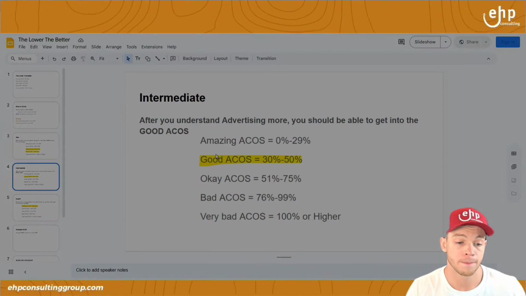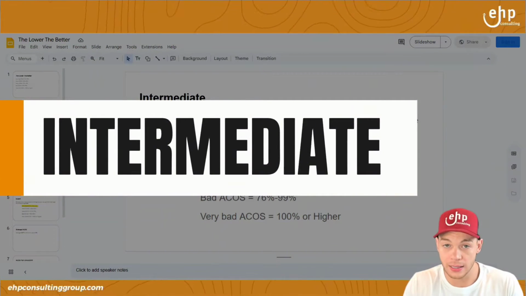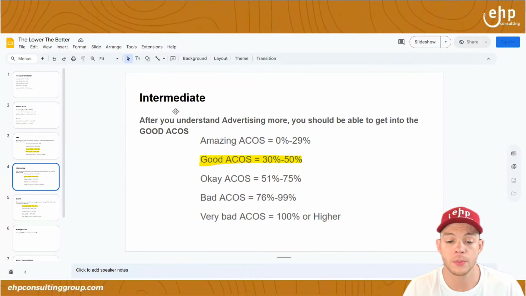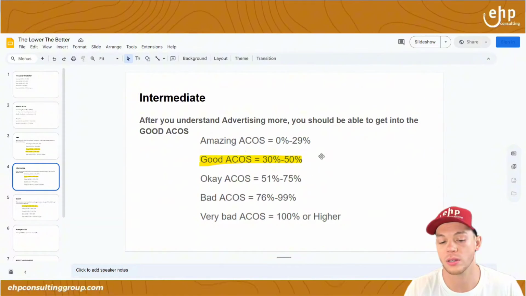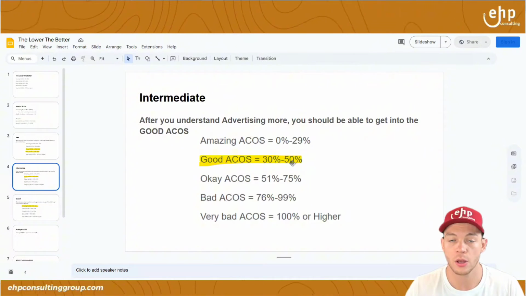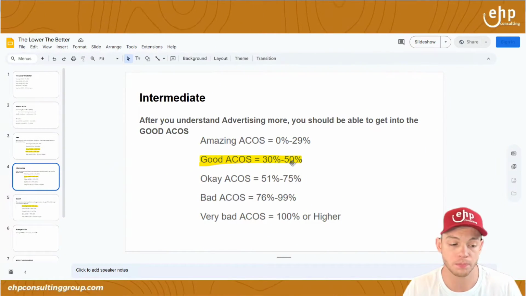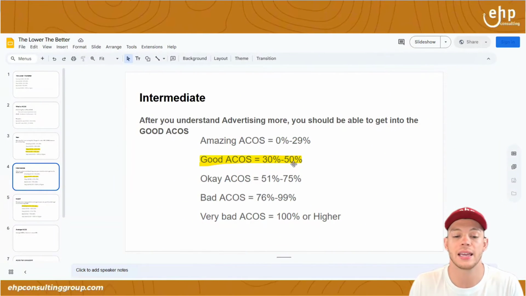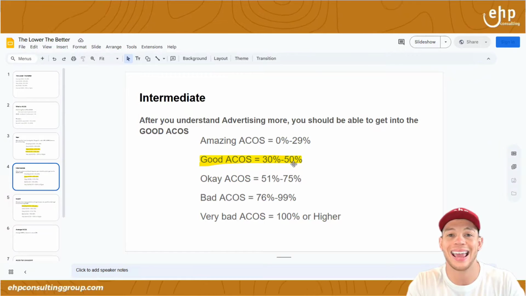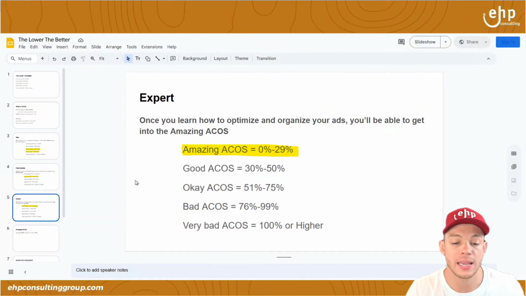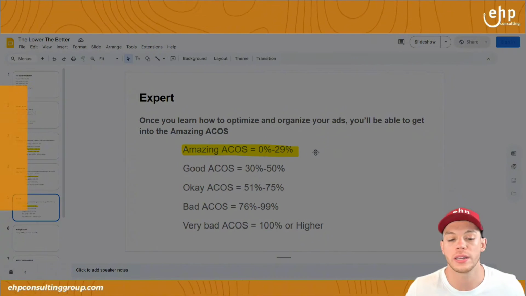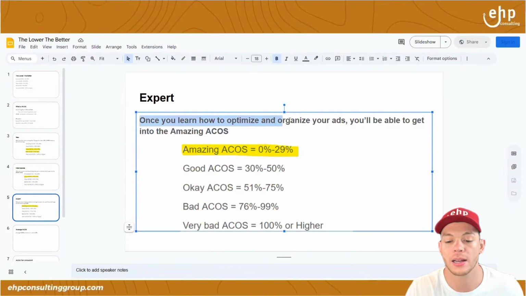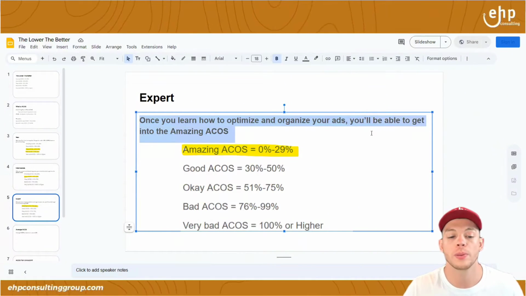okay? Once you're at an intermediate level and you're learning and you're understanding your product, what people are typing in, you should be able to get into the good ACOS area, right? Around like 30%, 35%, up to 50%. And that's when you're in the intermediate. And now you want to try to get into an expert level and maintain an amazing ACOS. Now, an amazing ACOS, again, is 0 to 29%. And once you learn how to optimize and organize your ads, you'll be able to get into